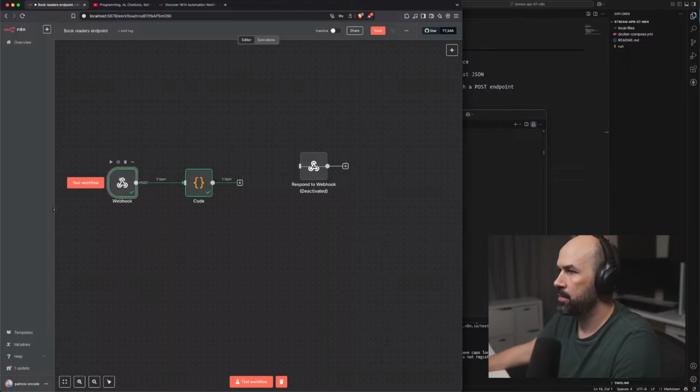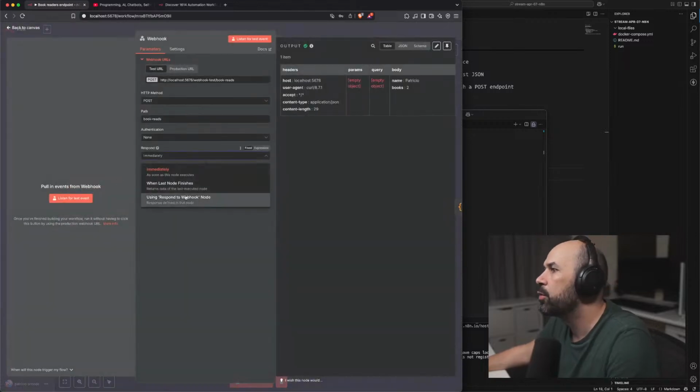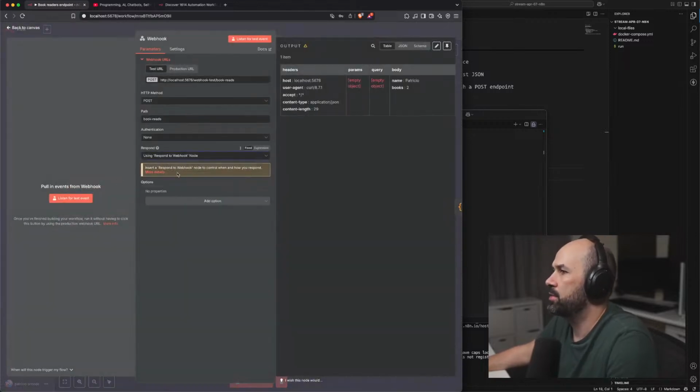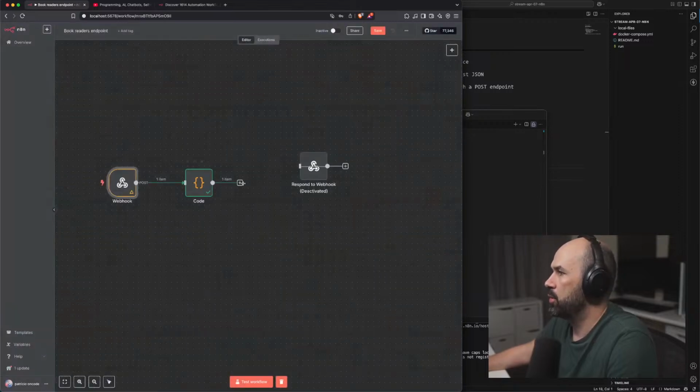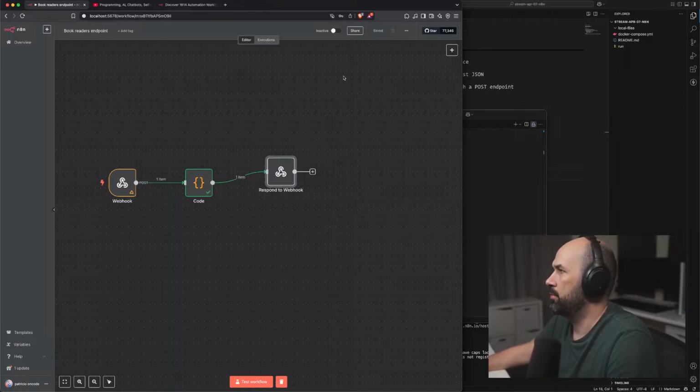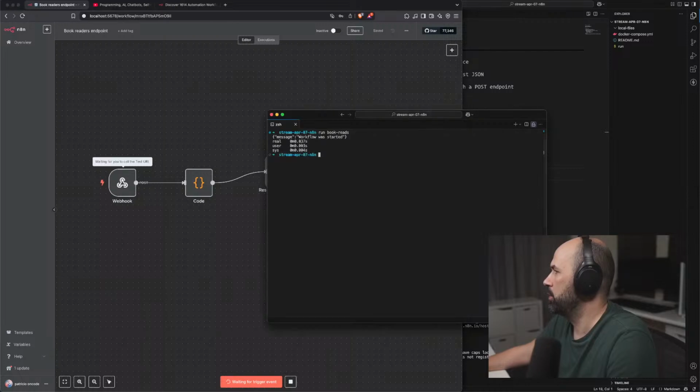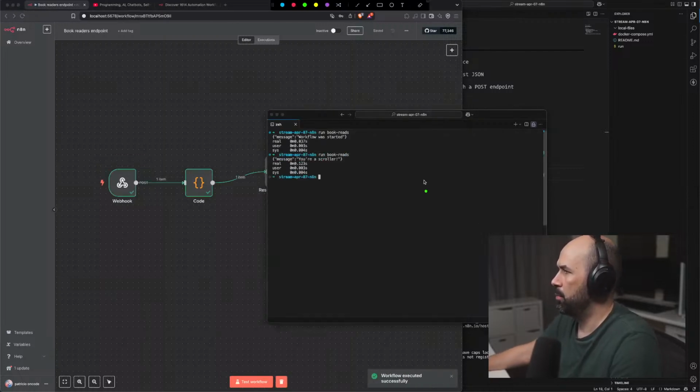But yeah, that's it. So I guess we're going to respond to the webhook. Let's keep it as it was. Okay, so now we have to activate it back. We're saving it, testing the workflow, and perfect.